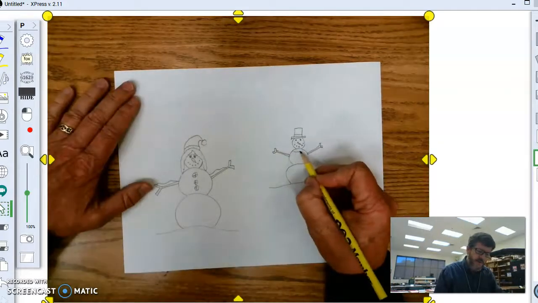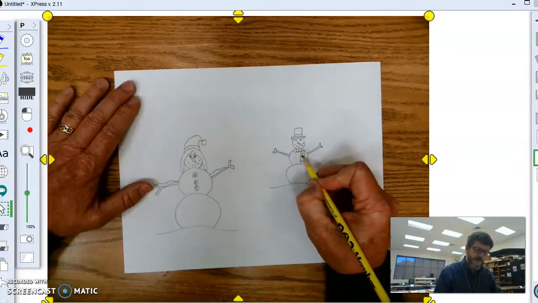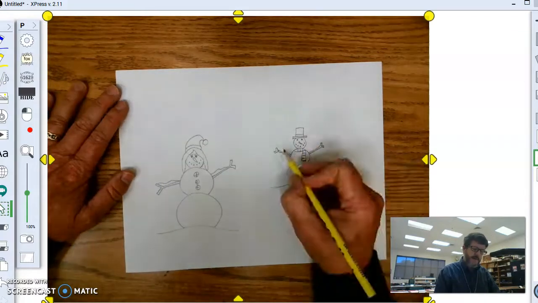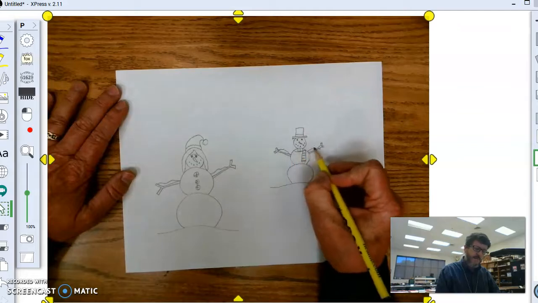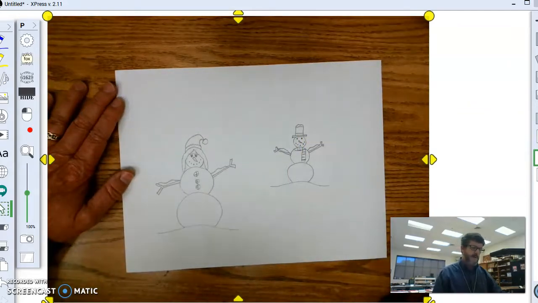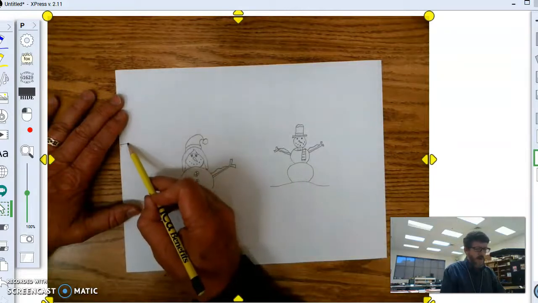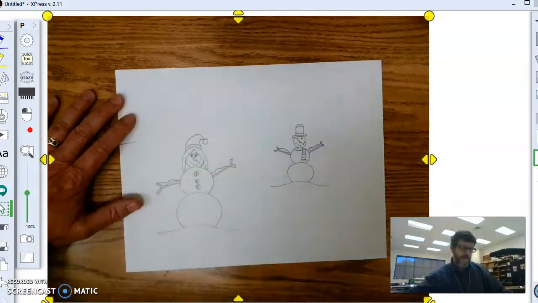A scarf on here. My scarf has stripes. And some snow. And some snow up here. Alright, there we go. Now I'm going to go back here and, well, before I do that, I better bring